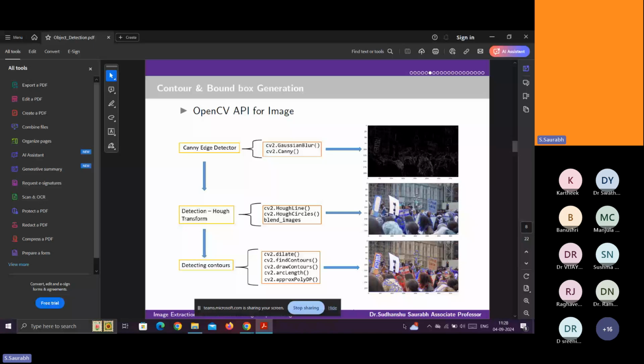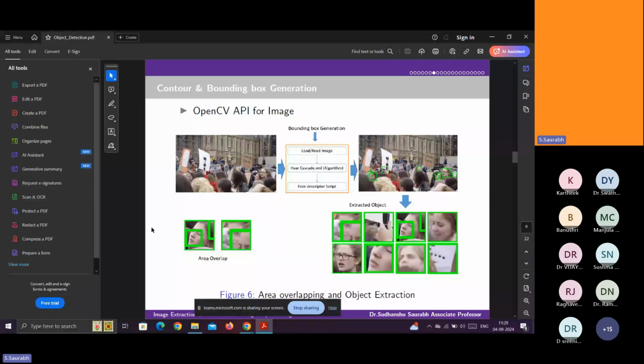And there is another technique, another algorithm, which generates much better contours than these two. They are dilate, findContours, drawContours. It is written by the Intel OpenCV people. So these functions, I mean algorithms, work with the CPU directly. So it generates the contours around the images. See, the API which is available.